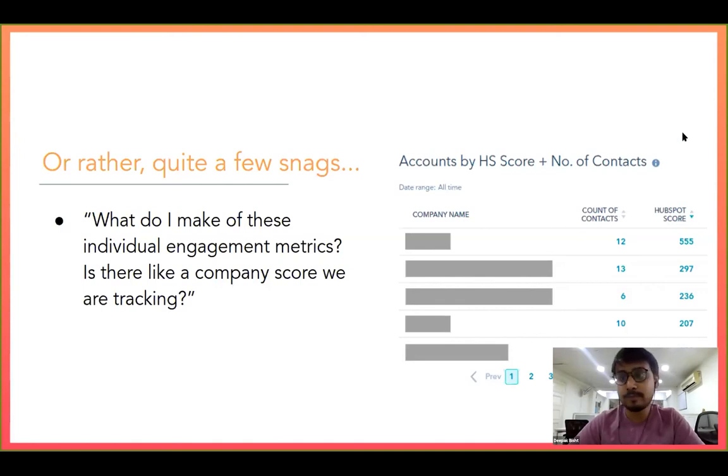Because by that point, before May 19th, company score was not really there. We only had the property of scoring with respect to contacts. So we just had to take out all the contacts, whether they were targeted or non-targeted. That was kind of a trade-off that we had to make. But we got in all contacts, accumulated their scores, and got the list of companies like that. So it helped us give the company a single metric that they could use to figure out, okay, who is engaging.